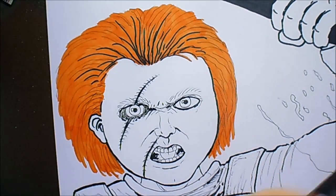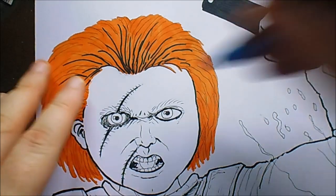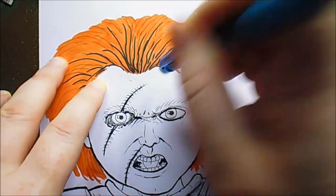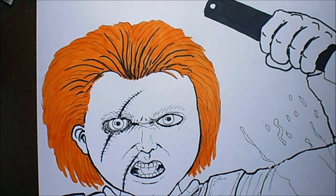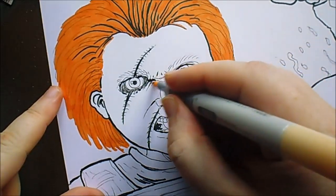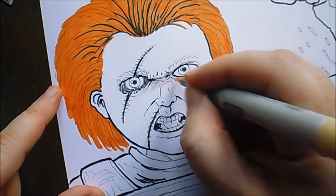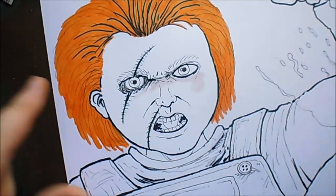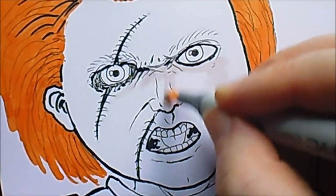So I've got the orange colour down. I could come back and do some red later on. I think it's best if I get this skin colour sorted out. Just erase that bit of pencil there which I missed. Get some skin colours. Try this one. Can't really see that. I can see it slightly, but